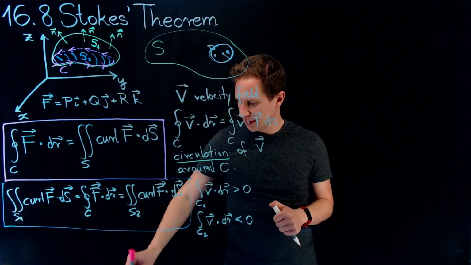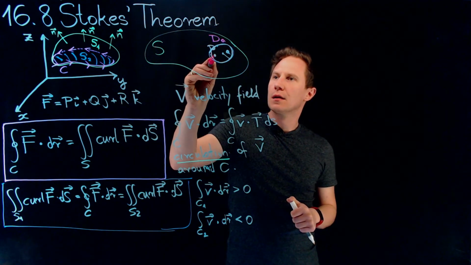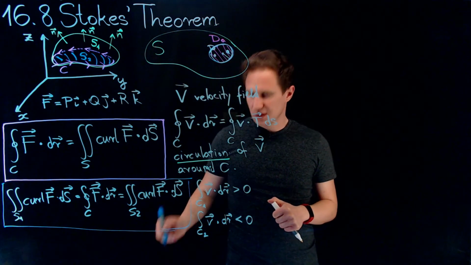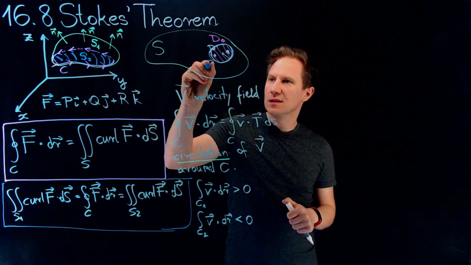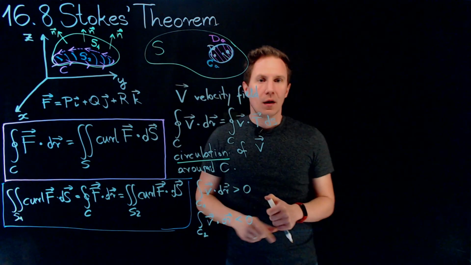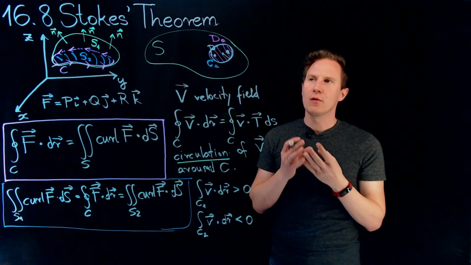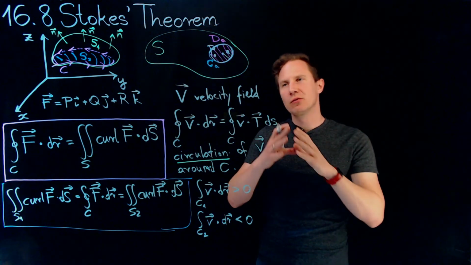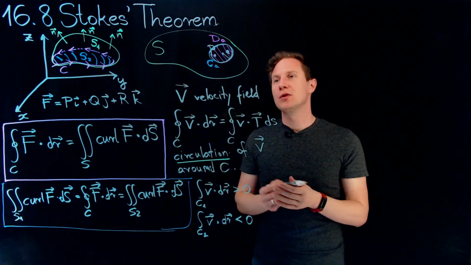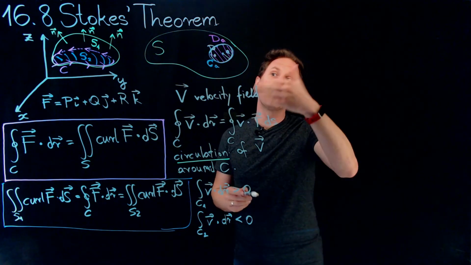Let's call that disk dA, and let's call the circle that is the boundary of the disk CA. Okay, so in that disk around that point P0, the curl of F, our vector field, is roughly the same as it is at P0. It's a good approximation if the disk is small enough, because F and the curl of F are